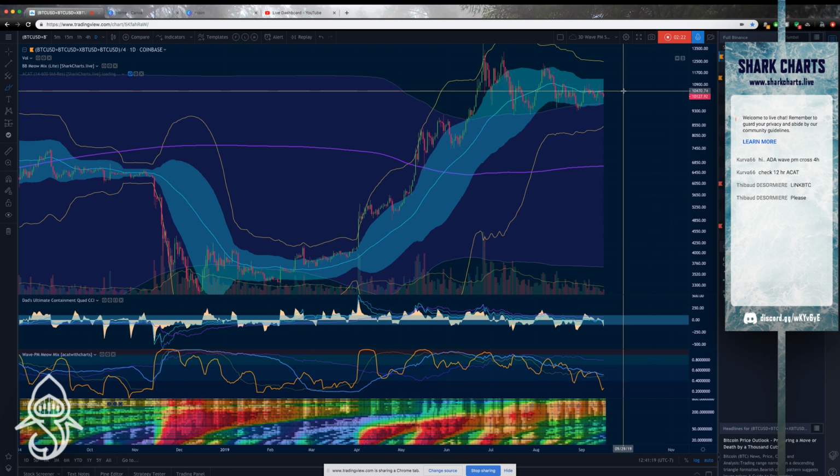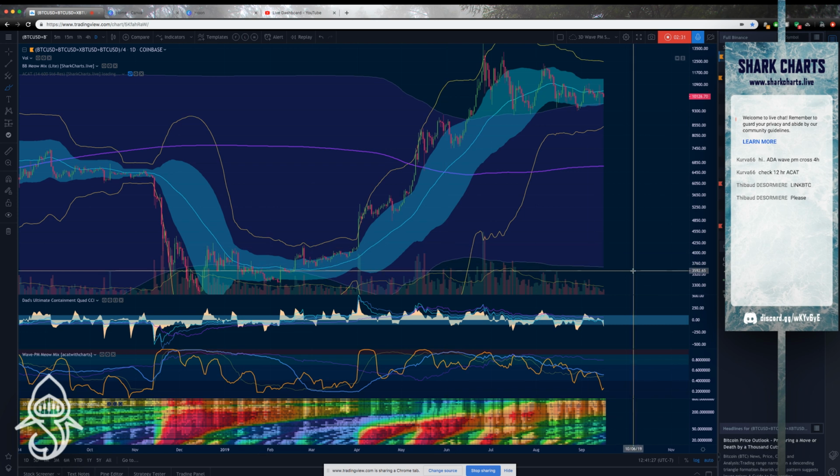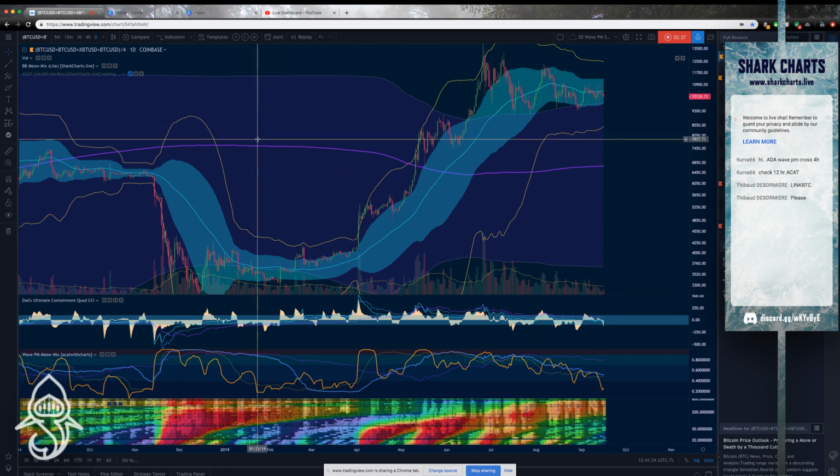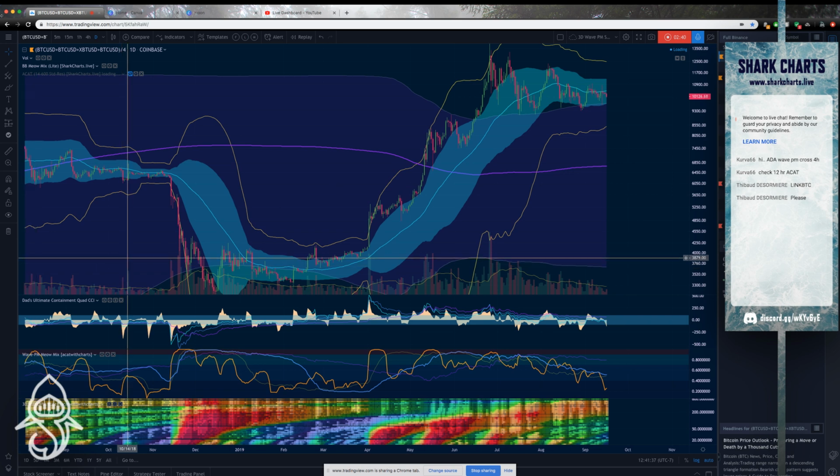Direction is not implied. That is the one problem I have with this chart. We just have high potential energy, but we don't know if it's up or down. So as soon as we see any kind of significant volume step in, we should be able to reliably take a position one direction or another, provided that we wait for any kind of fake out to play out first. So high potential energy and a lot of compression can lead to really nice scenarios. You just need to be careful